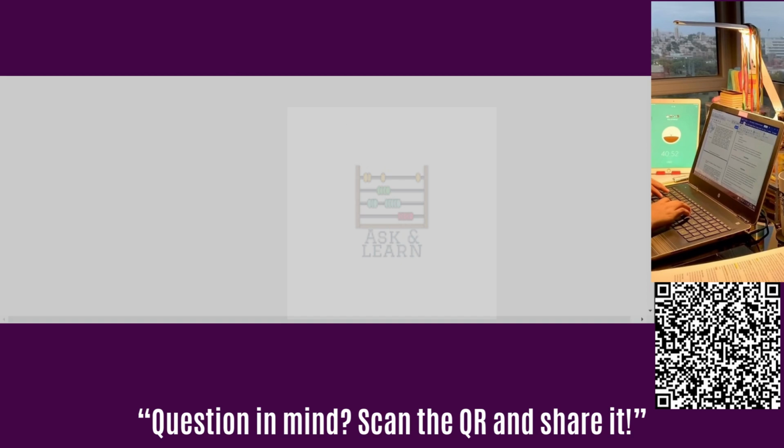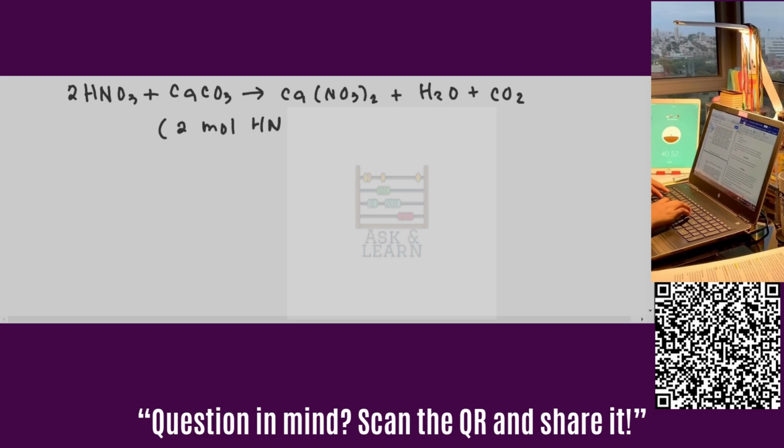Hi there. We start by establishing the balanced chemical equation for the neutralization reaction between nitric acid and calcium carbonate. So we have 2HNO3 plus CaCO3 producing Ca(NO3)2 and water and carbon dioxide. So from the equation, we established that 2 moles of nitric acid requires 1 mole of calcium carbonate for complete